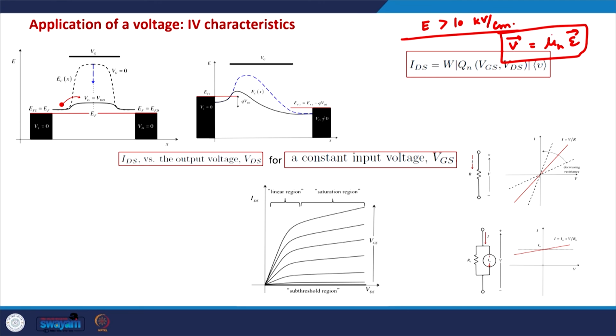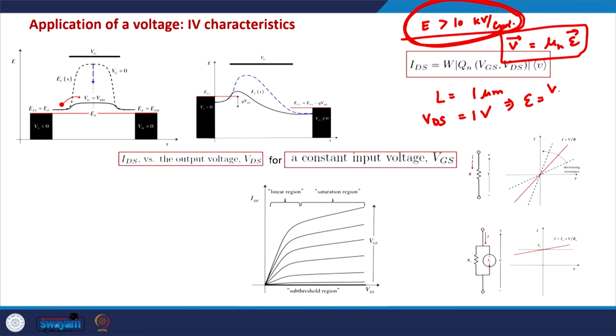But because of the scattering in the channel, because of the scattering in the semiconductors, after this range of electric field the velocity does not increase linearly with electric field, it starts saturating. Okay? And in MOSFETs, if the channel length is 1 micrometer, and the VDS that we are applying is around 1 volt, in that case the order of the electric field in